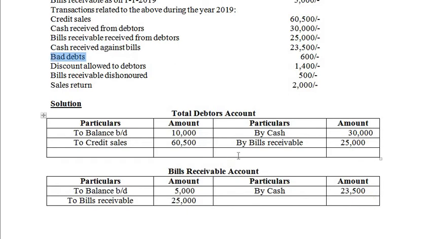Okay, so by bad debts, and then what is the amount? 600. So write down the amount as 600. Okay, next,